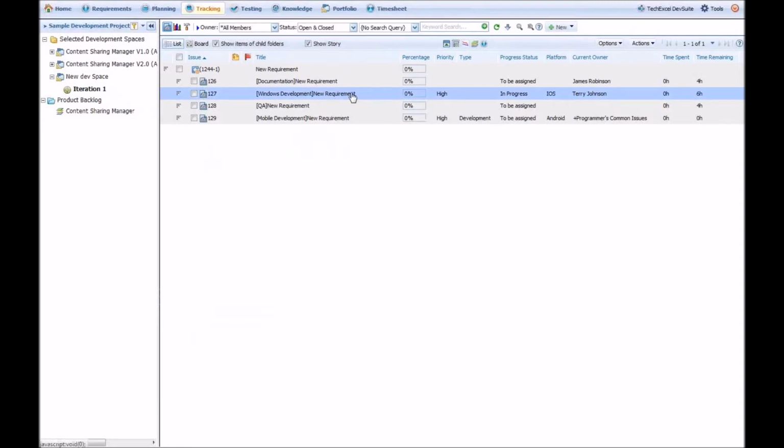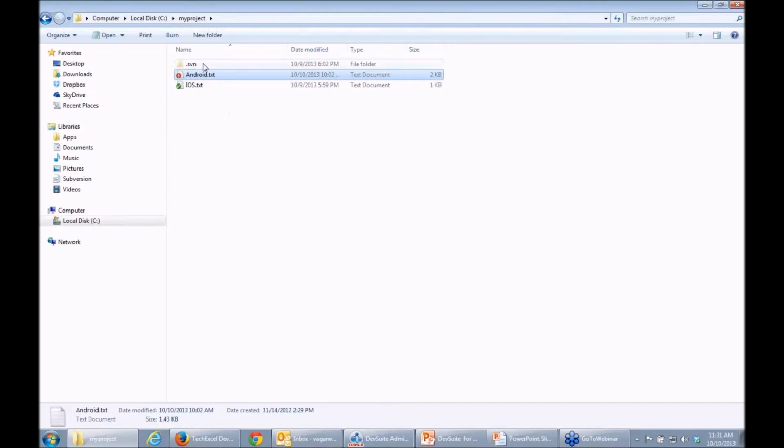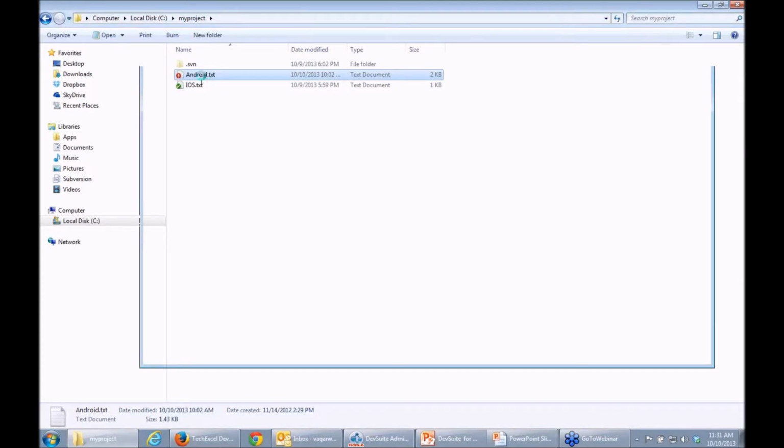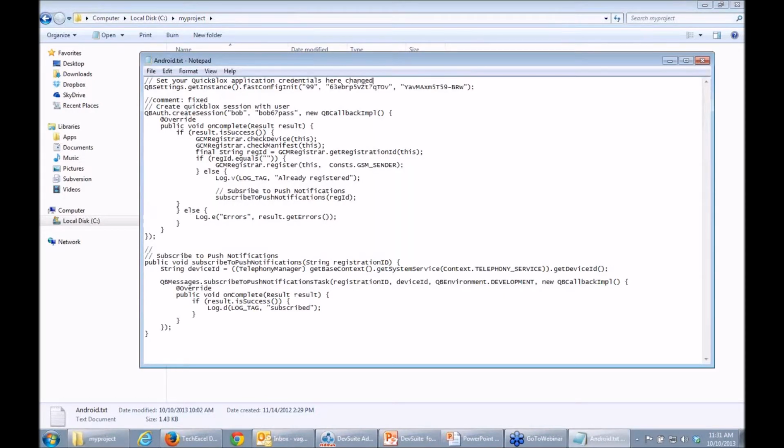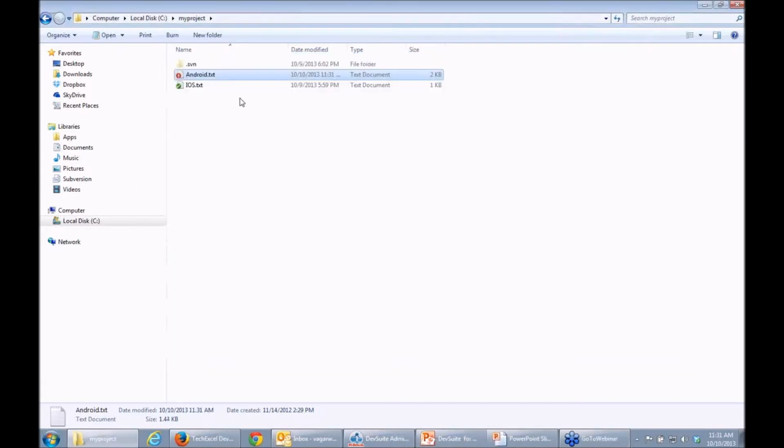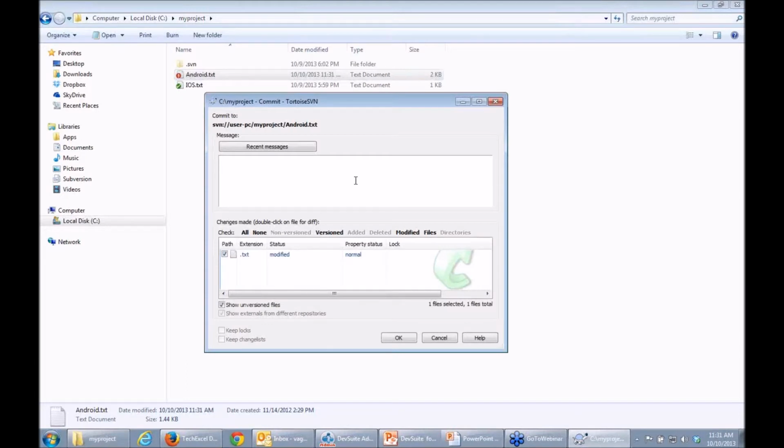Now, once the developer notifies that, okay, I have started to work on this development item, the next logical step is that he would go into his code files and would start actually coding. So I have a code file set up, just a basic SVN project. Let's say he's working on the Android file, maybe something like this, and let's say changed, and I would just want to save this, and then I'll just say SVN commit, and I would say